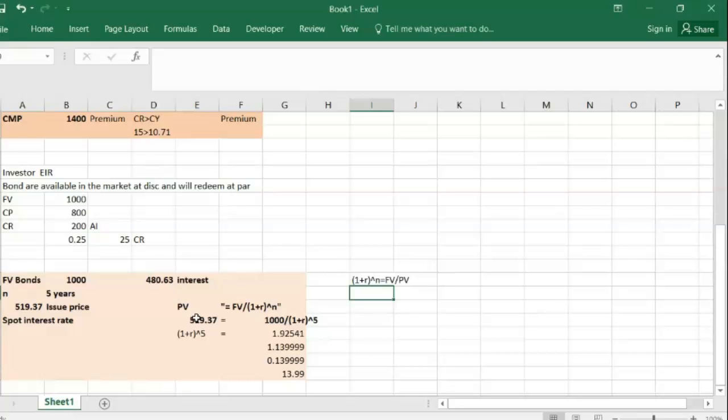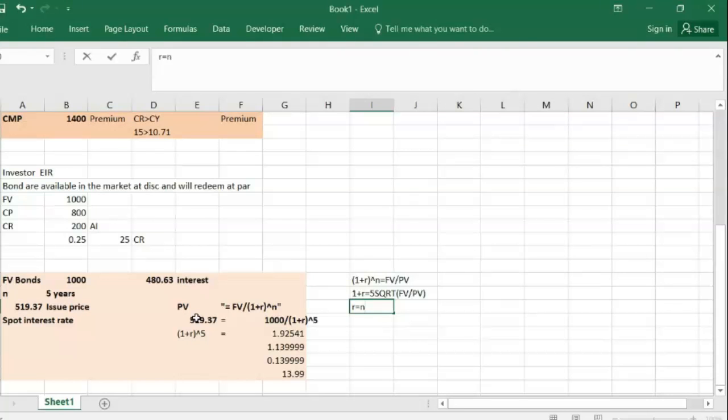Or else you can take 1 plus r is equal to the fifth square root of future value divided by present value. Or r is equal to this particular value, the nth square root of